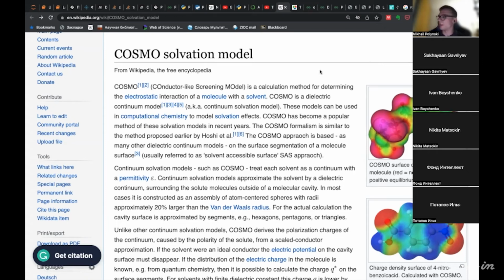Just in a nutshell, COSMO surfaces are used to model solvation of molecules, for example, organic molecules.